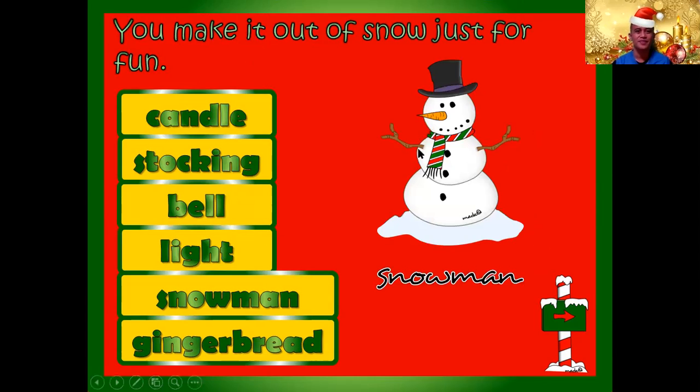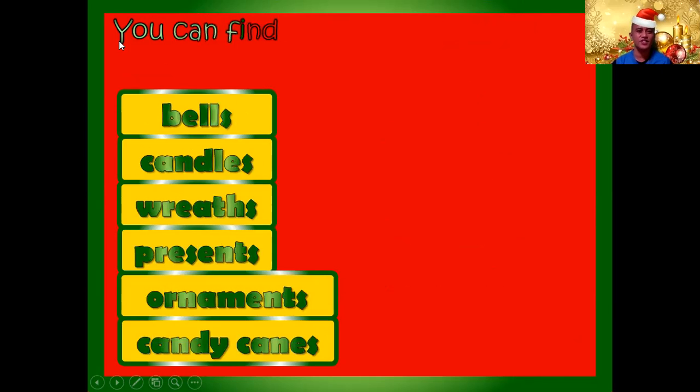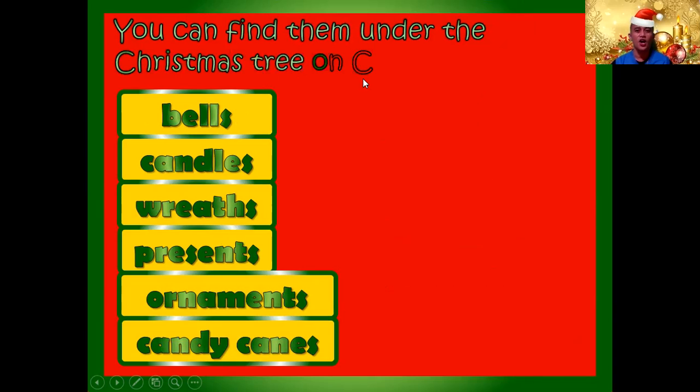You can make it out of snow. You will make hands and you will make a nose and eyes with a mouth. Snowman.